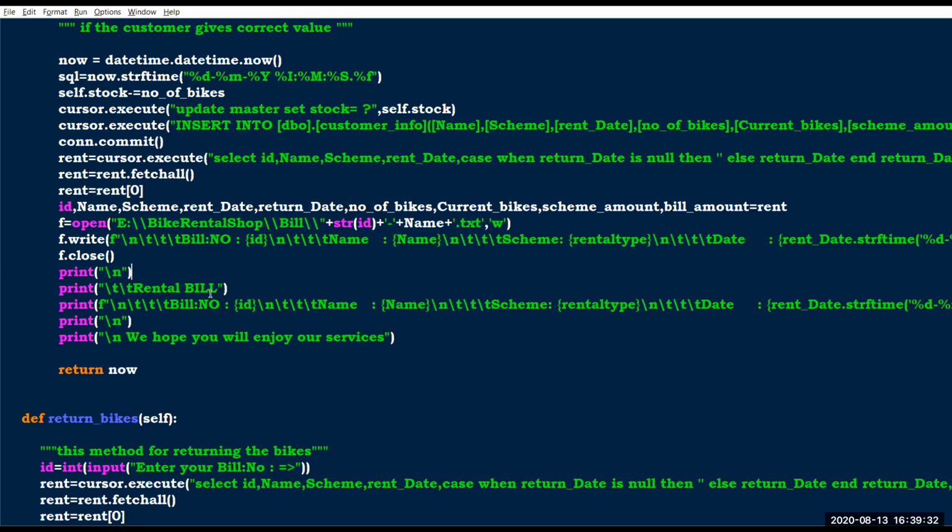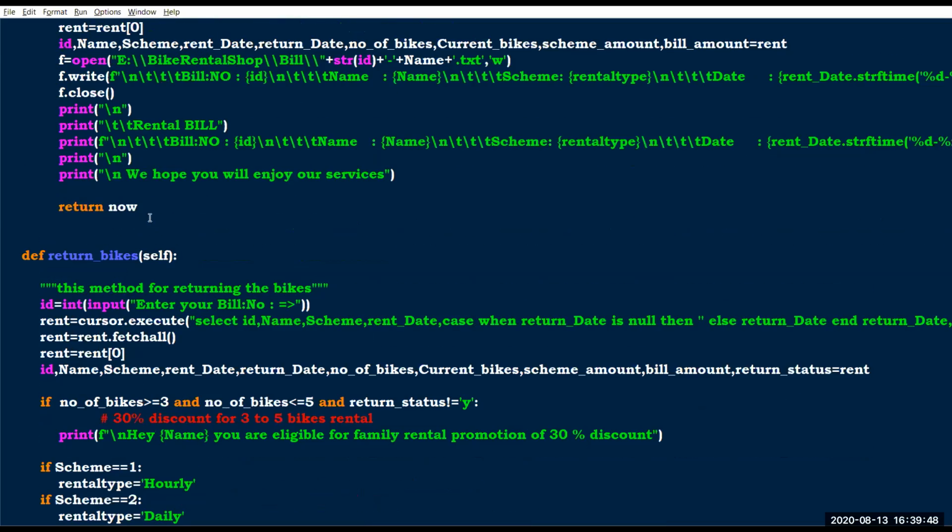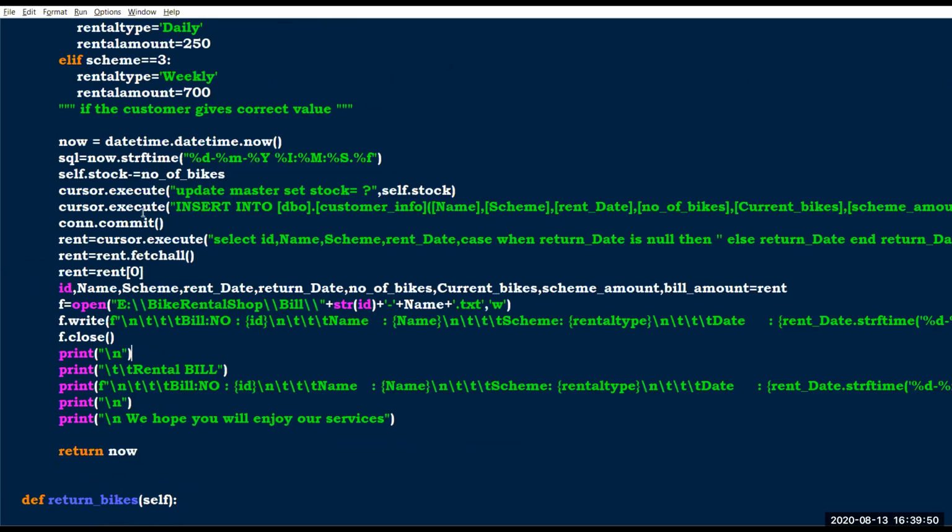Then it prints the rental bill: the bill number, the id, the name and the scheme. The entire print statement will show the entire bill. Now the method is over.